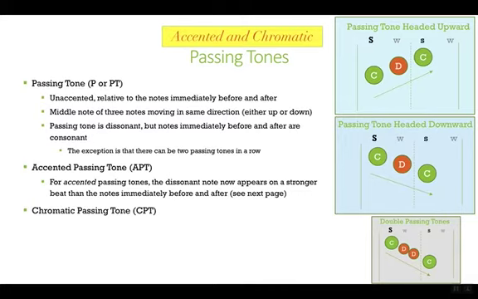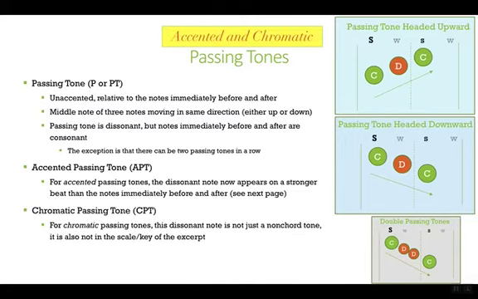Okay, and then chromatic passing tone. This is actually nothing that special. For chromatic passing tones, the dissonant note is not just a non-chord tone. Like imagine we're in C major here, right? This is E, D, and C. This is a non-chord tone. It wouldn't be just that. It would be that it's also not even in the scale or key. So maybe